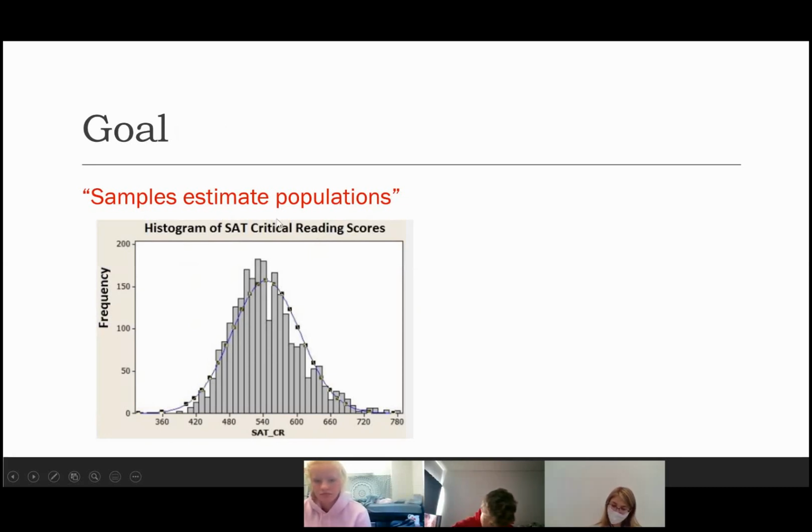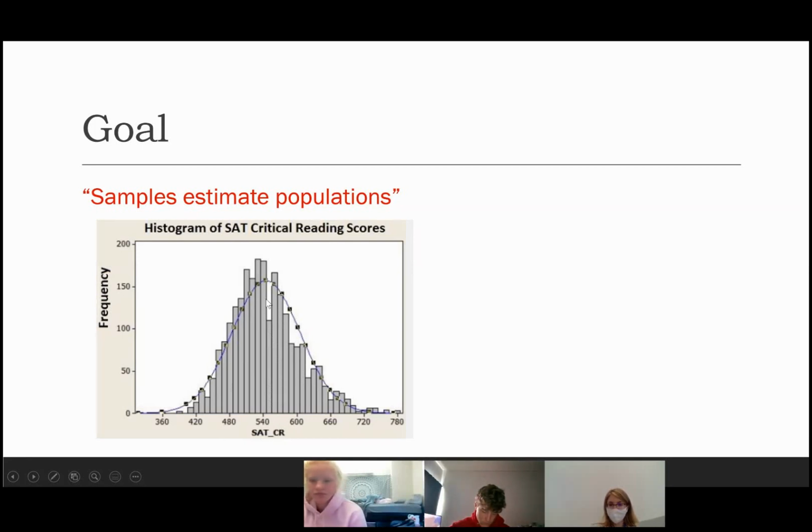The bars you see here are a histogram from data, and this curved line is what we think the population looks like. This distribution tells us the values the variable can take on. So SATs can go from, well, I don't know if it's 0, but here it looks like it's 320 to 800, okay? It also tells us how likely it is to take on a certain value.